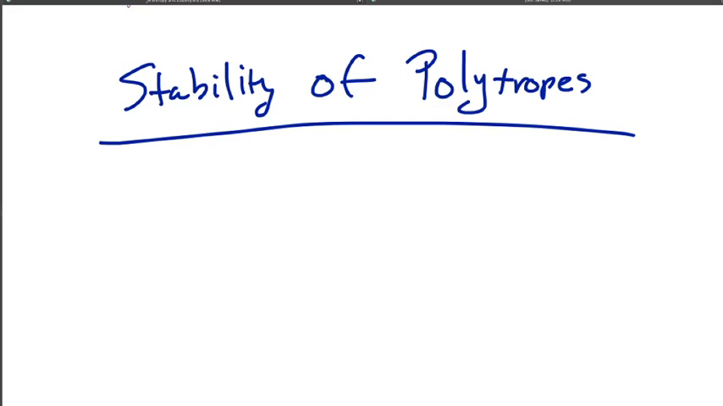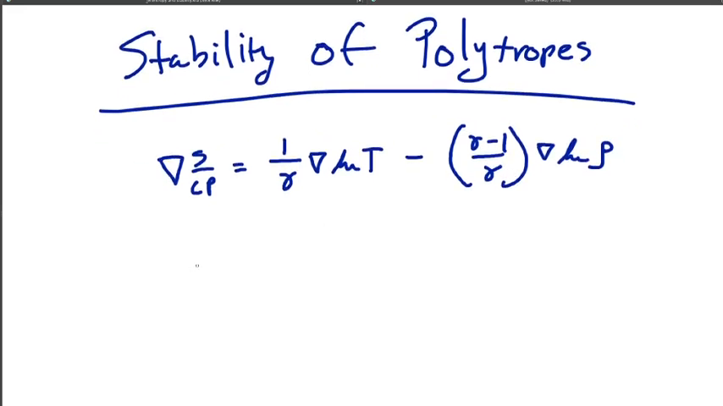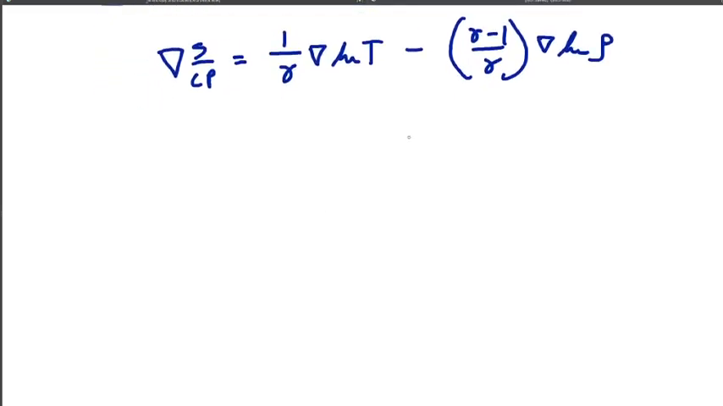So the entropy gradient, this is the grad S over Cp. For an ideal gas, this is 1 over gamma grad log of the temperature minus the quantity gamma minus 1 over gamma grad log the density. Now, for a polytrope, the simplifying feature is to tie the density to the temperature, which takes us from two thermodynamic variables where we currently can't say anything to a single thermodynamic variable. So for a polytrope,